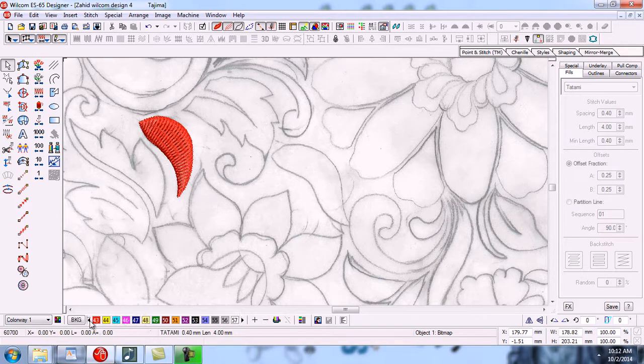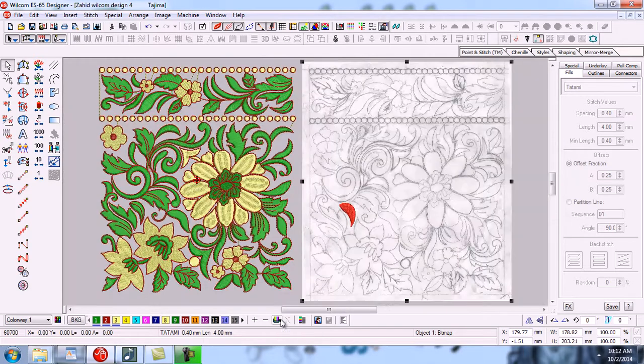And there is one more important option, which is compact plate. Compact plate means that if I press the zoom button, you can see that there are about three colors only. First is green, red and yellow. So if you want to show only these colors which we have used in our design, you can click here on compact plate button.